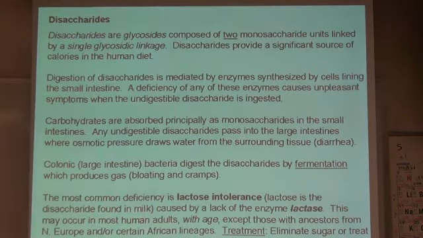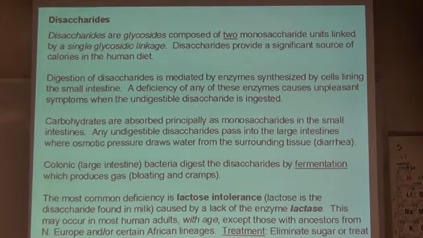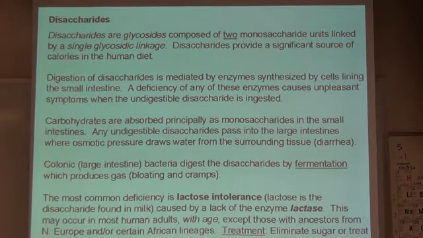Another thing is that because there's sugar in there, the concentration of water isn't what it should be. So water is drawn in from the outside through osmotic pressure. This loosens up your stool. This is diarrhea. This is where it comes from. Now, over time, you begin to feel there are different foods you can't eat anymore because your body isn't as good at removing them as it was when you were young.